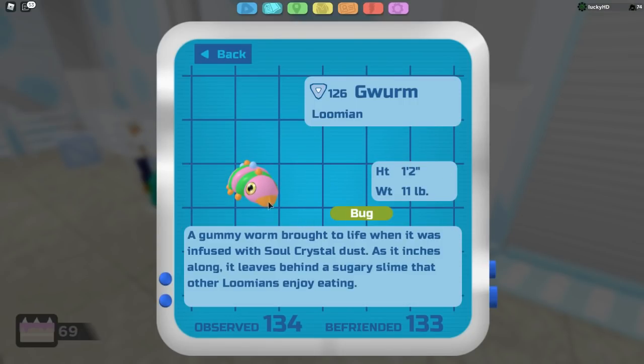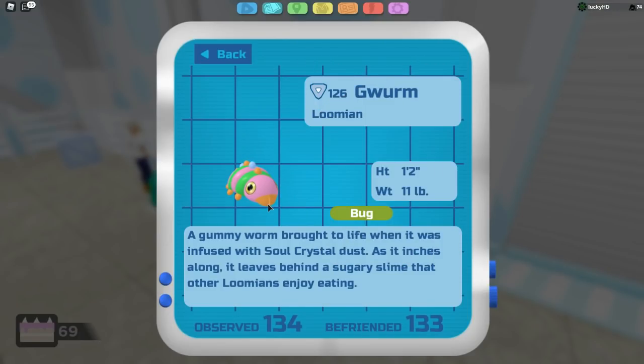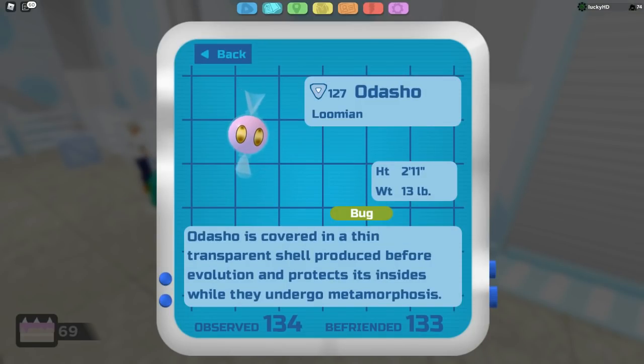I don't know, the entire thing with the teeth, the teeth are literally the exact same teeth as Cathorn, so I don't know what they're doing over there. Maybe they're taking Cathorn and turning them into gummy worms and bringing them back to life in some weird Frankenstein experiment, but regardless, I still think Gorm looks pretty cool. The next Loomian,